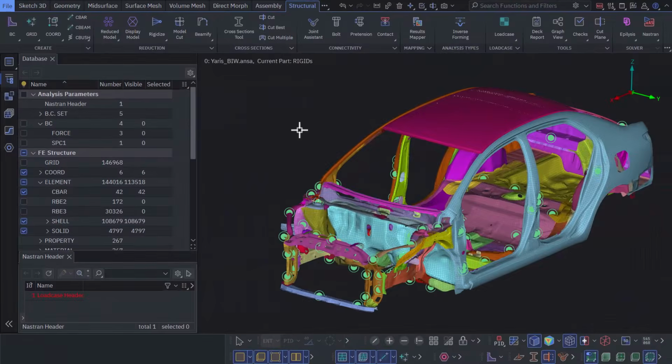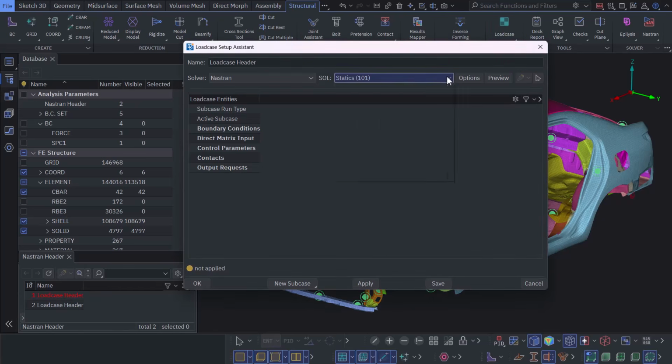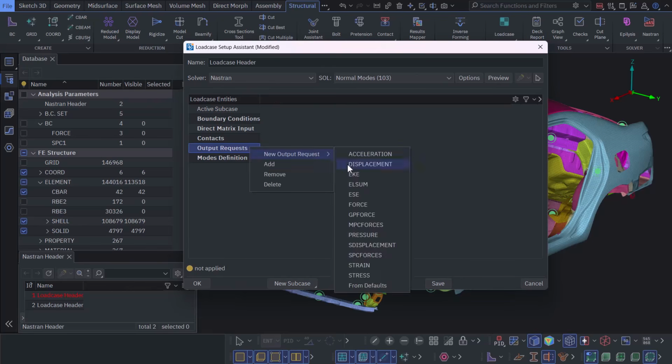At this point, it is important to mention that this load case is going to be set up in the same file. Once again, the load case assistant will be employed to facilitate the process. We open the load case assistant and select the type of analysis we want to set up. In our case, it is a normal modes analysis. And as you can see, the entries of the load case assistant change, depending on the type of analysis selected. Unlike the structural case, this analysis does not require the definition of boundary conditions. Instead, proceed with defining the displacements for the whole model as output request.